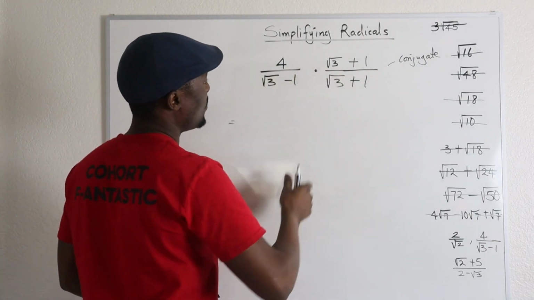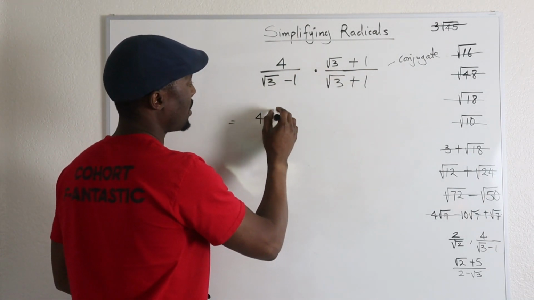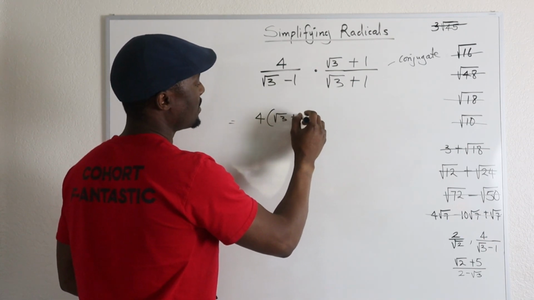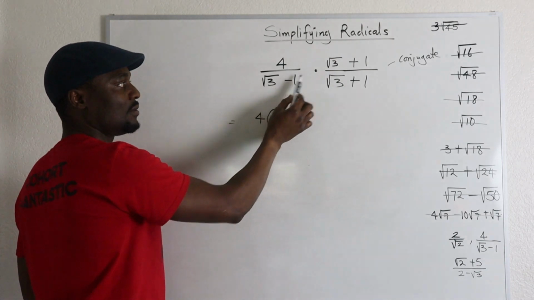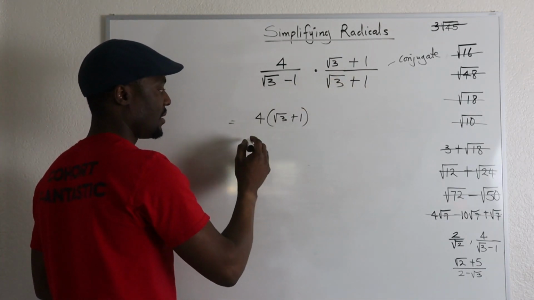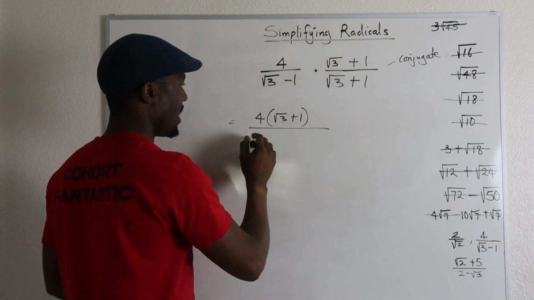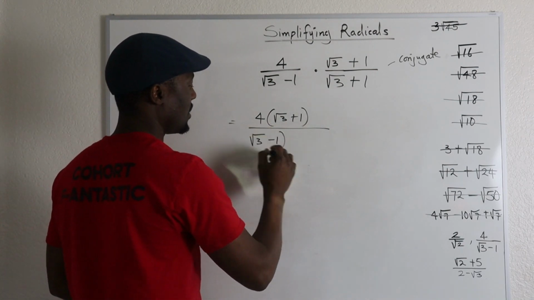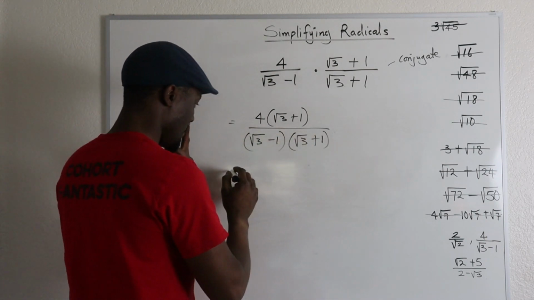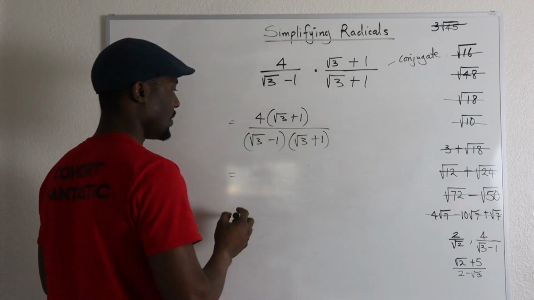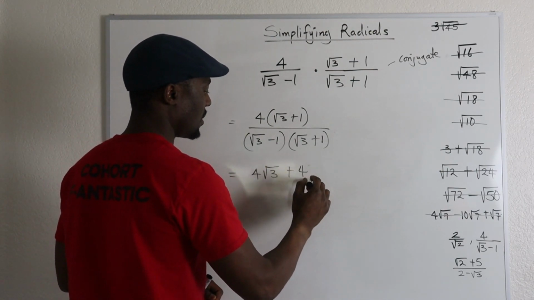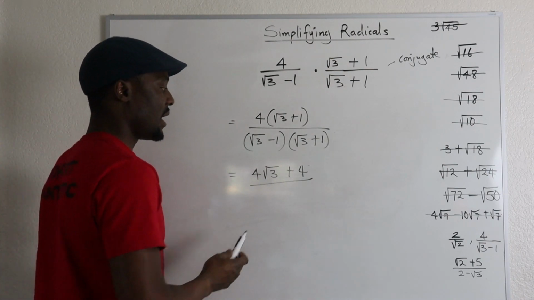So with this, what we have will be 4 multiplied by rad 3 plus 1. Please remember the signs have to be different. What you have here has to have a different sign from what you have here. And this is going to be rad 3 minus 1 times rad 3 plus 1. So if you multiply, you're going to get 4 rad 3 plus 4 divided by, now